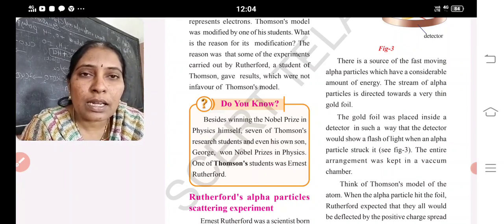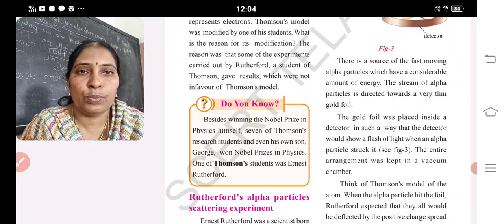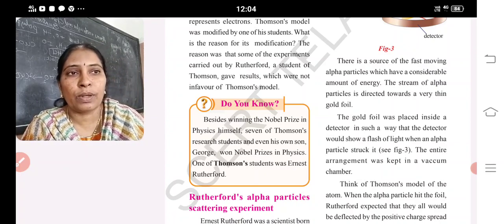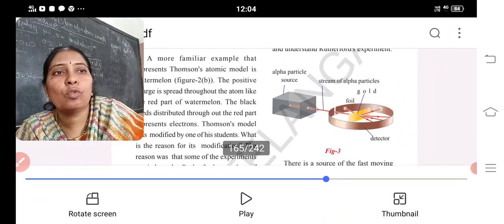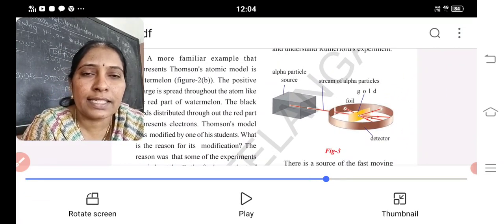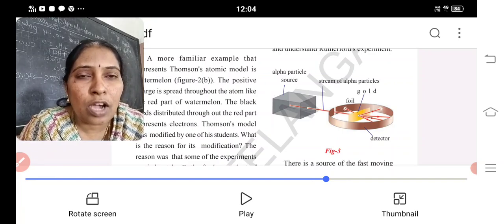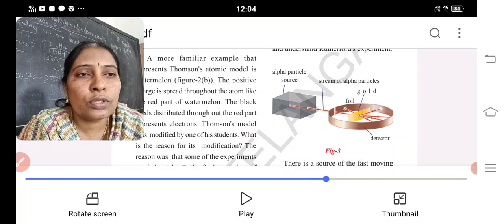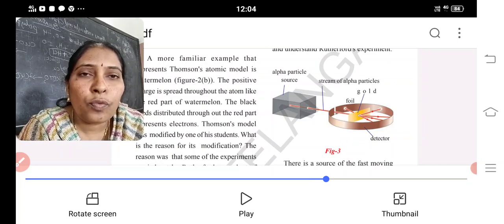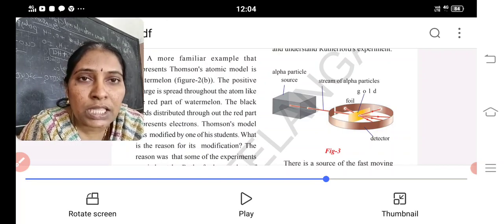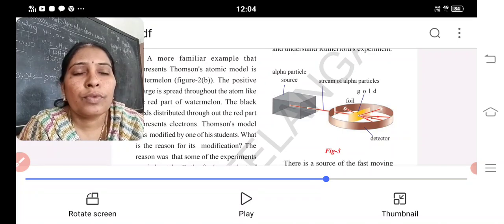Now let us discuss Rutherford's alpha scattering experiment. What he wanted to say through his experiment, let us discuss. See, this is a gold foil, a foil or circle made of gold, and you can see the alpha particles. Uranium is a metal which gives alpha, beta and gamma rays. So he took alpha rays and passed them through the gold foil. What he observed was that when he passed the alpha rays through the gold foil, almost all the rays penetrated, but in 20,000, one ray was reflected back from the center.